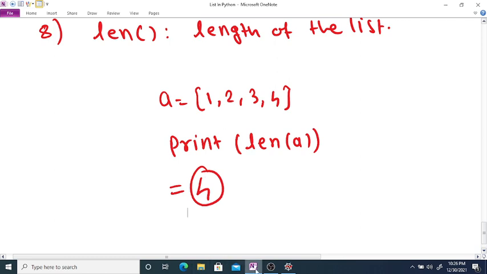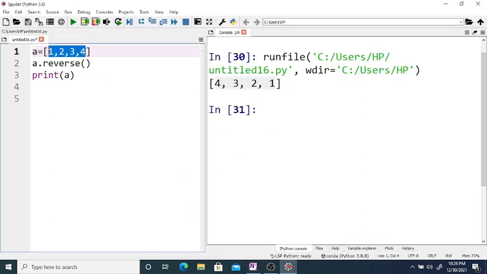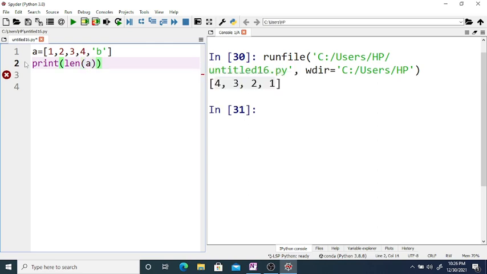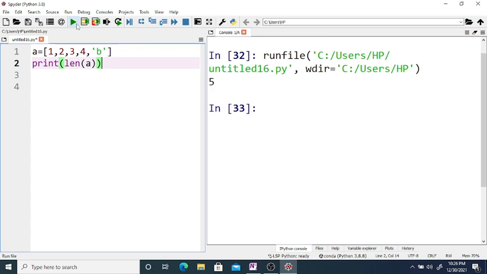For example, if you use a is equal to 1 2 3 4, and take one more element, say b, and print len of a, it prints the length of the given list.